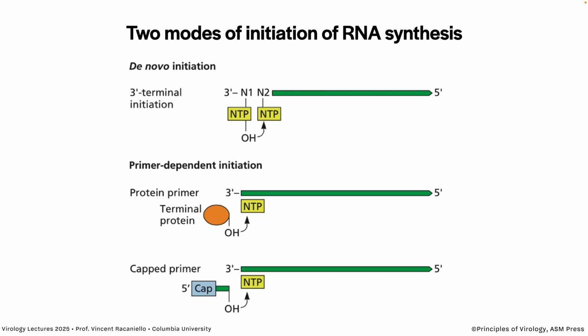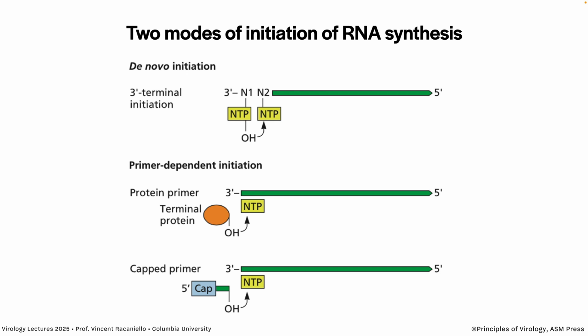Then sometimes we need primers, and that's shown at the bottom here. Here we have a protein primer where the base is linked to a protein, and that is the first base that's put down, and then subsequent bases are added. And sometimes the primer is a capped piece of RNA from the cell, which again serves as a primer to